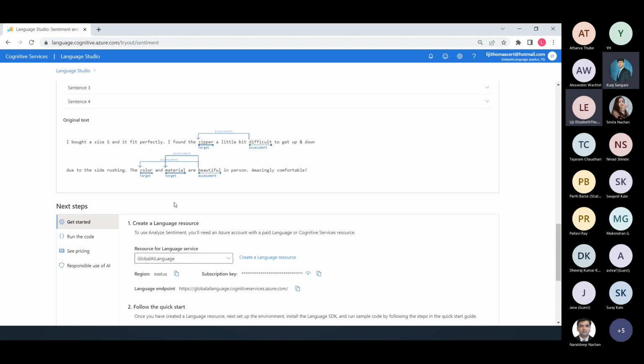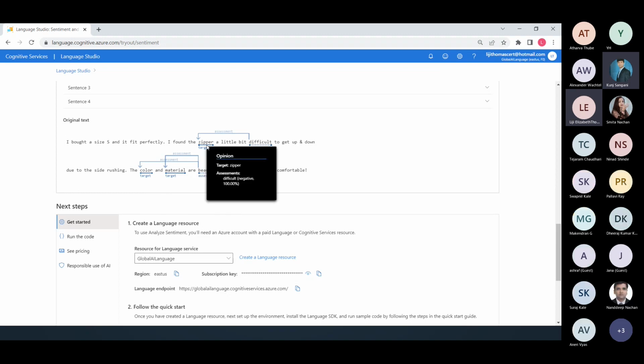The color is beautiful, so it understands that it's a positive sentiment. The material is again a positive sentiment. Zipper is a negative sentiment because it was difficult. So you get that level of granular detail.